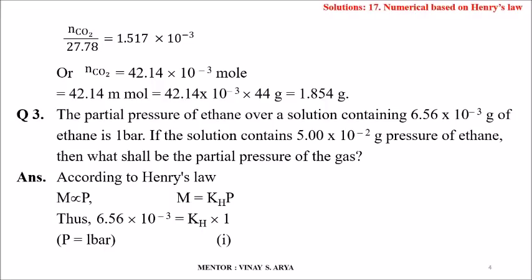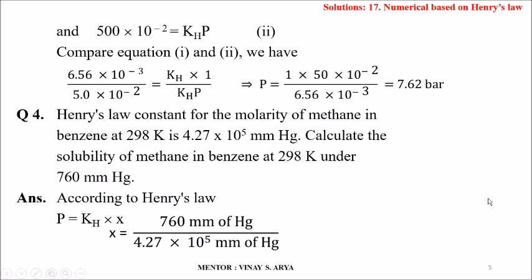The solution contains 5 into 10 to the power minus 2 grams of ethane. Then what shall be the partial pressure of the gas? So according to Henry's law, M is directly proportional to P, or we can say M is equal to KH into P. Thus 6.56 into 10 to the power minus 3 is equal to KH into 1, pressure is equal to 1 bar, and 500 into 10 to the power minus 2 is equal to KH into